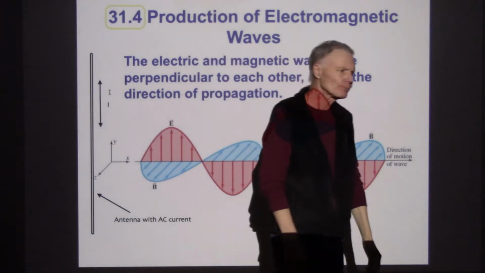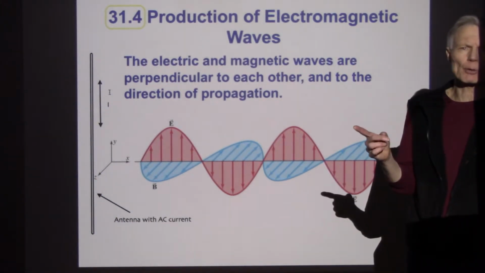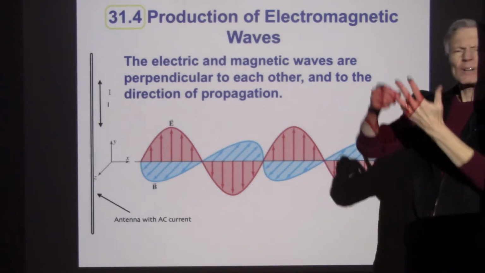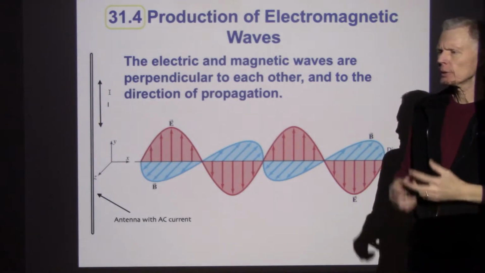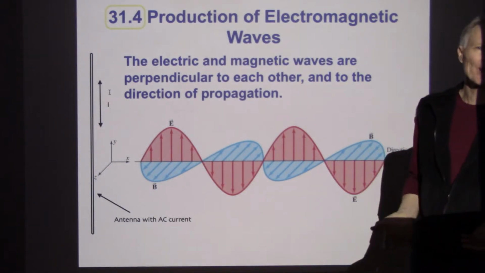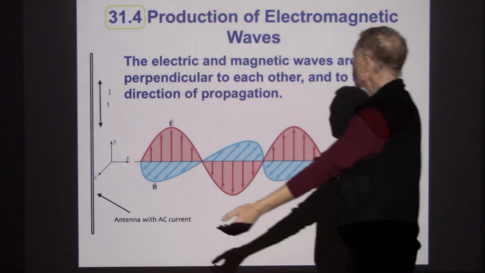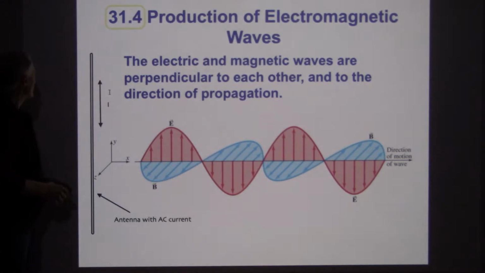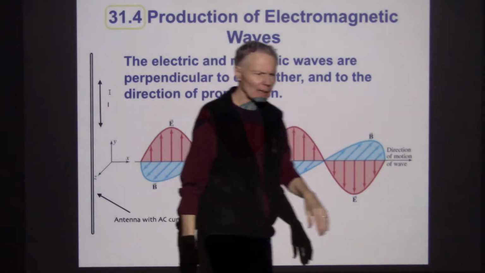Now I've got three different terms I have to keep track of. So what is light? What is an electromagnetic wave? And what are photons? And they're all the same thing. So what we want to do is go back and look at chapter 31. Now, what we've got,